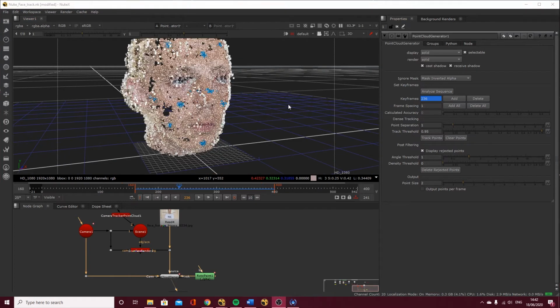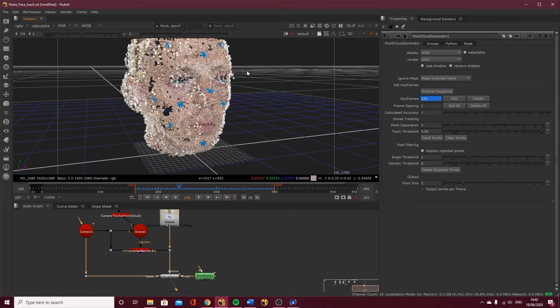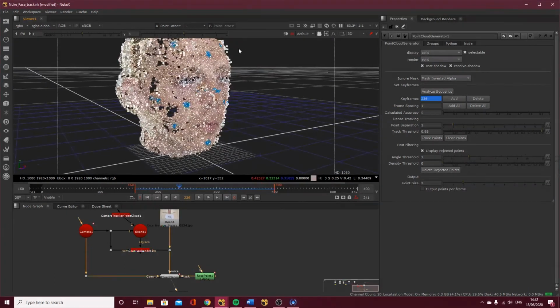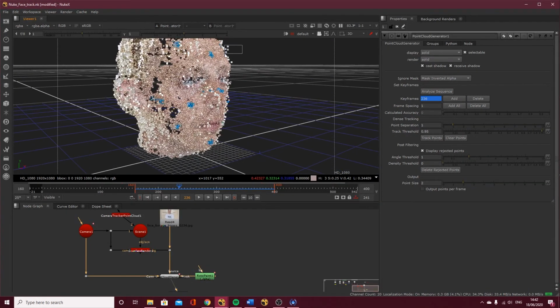Alright, so I've just gone around and done a little bit of a cleanup. To be honest, I could still probably do some more. But I've done as much of a cleanup as I want to at this stage, because there is another way that we can do this, okay? Again, I could spend so much time coming in here, and you could do it just this way if you wanted to. But for me, it takes a while, so I'm going to show you the secondary way of doing it.